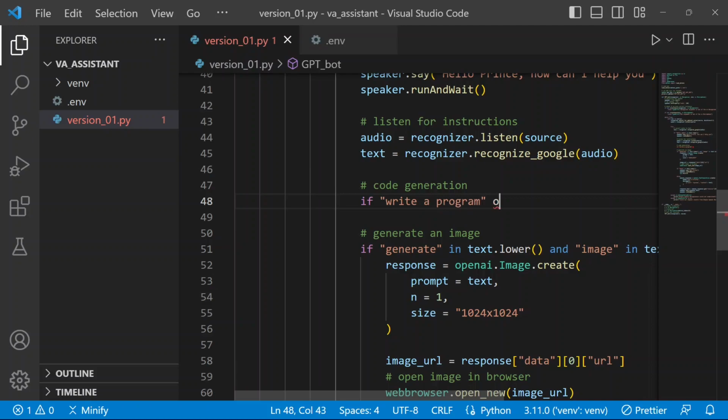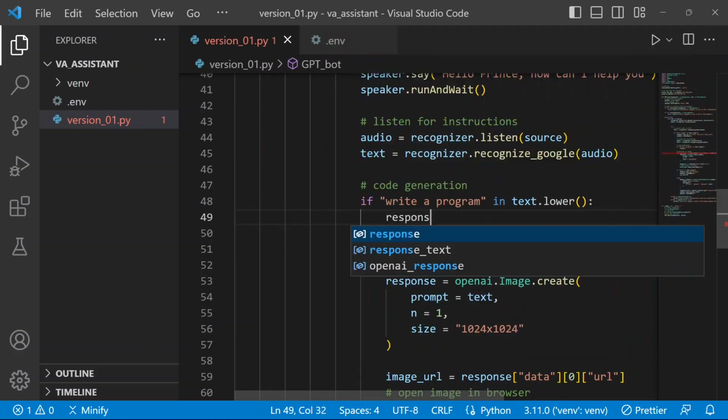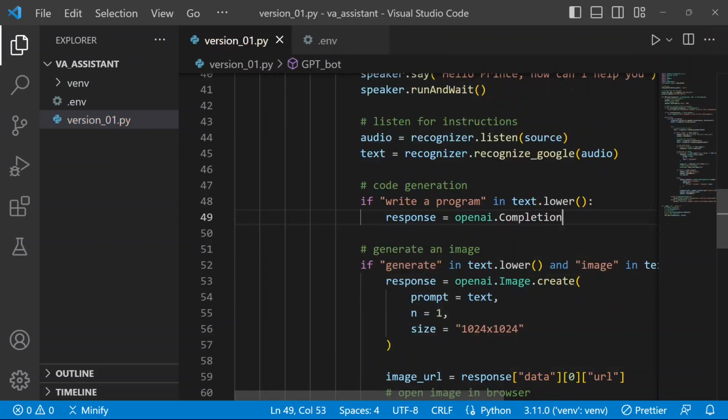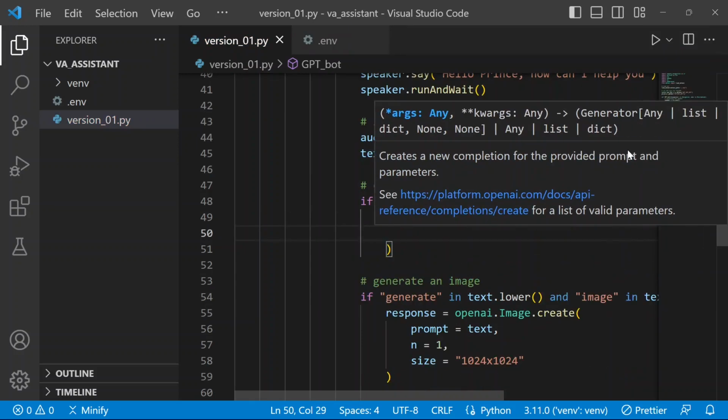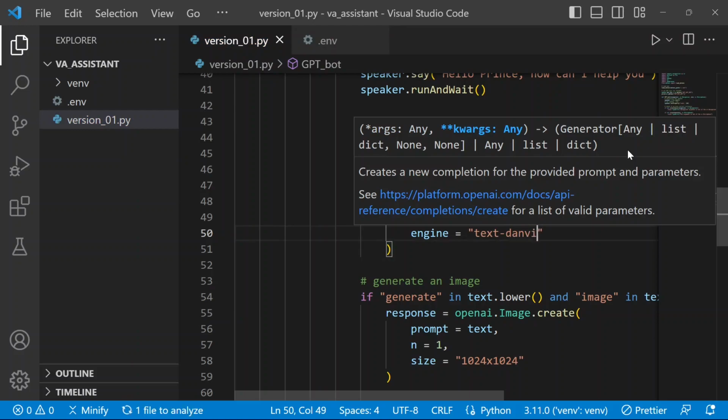So if write a program in text.lower, I'm going to say response is going to be equals to openai.Completion.create, and you're going to go ahead and create the code right here. So I'm going to say engine is going to be equals to text-davinci